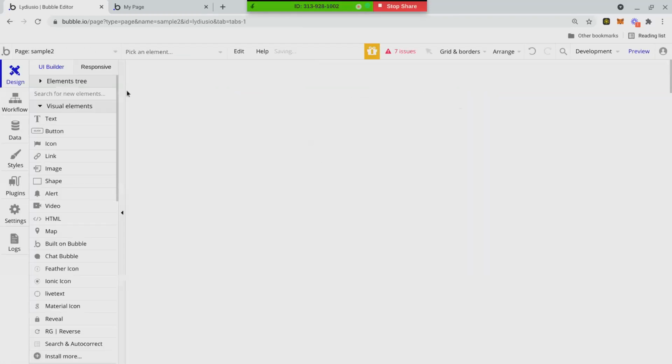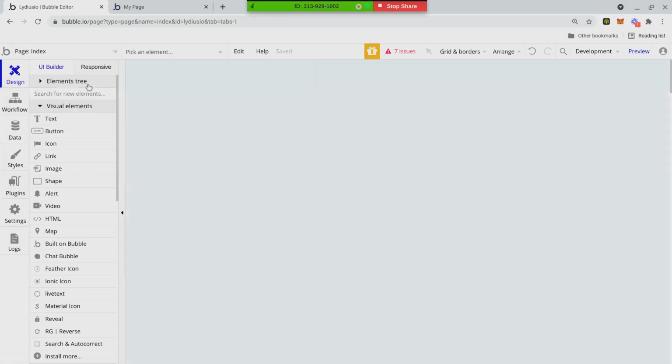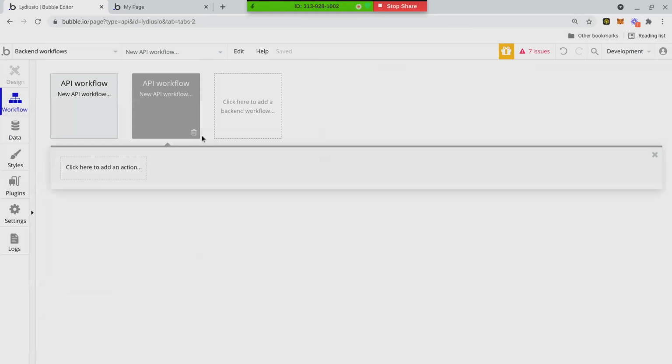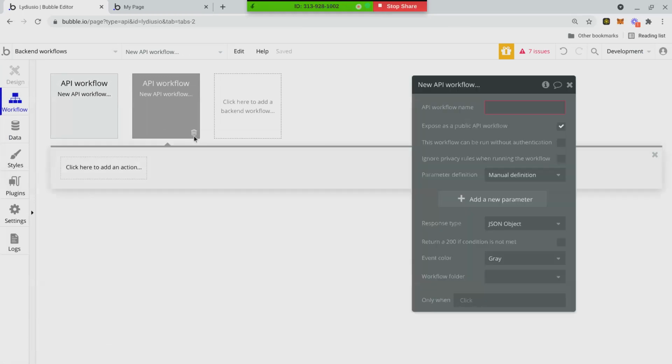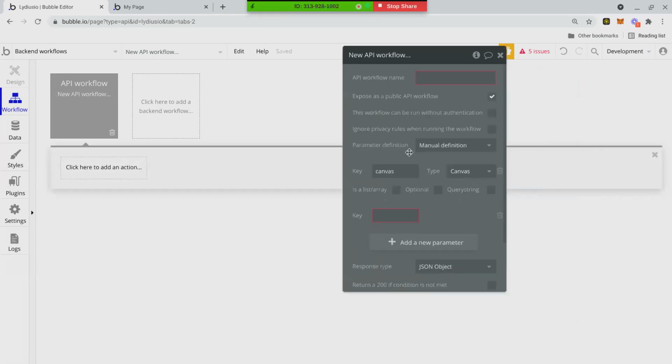Okay. And then you can go to the backend workflows and delete the second one. You only need the one. And in that one, the canvas will stay, and then you can just